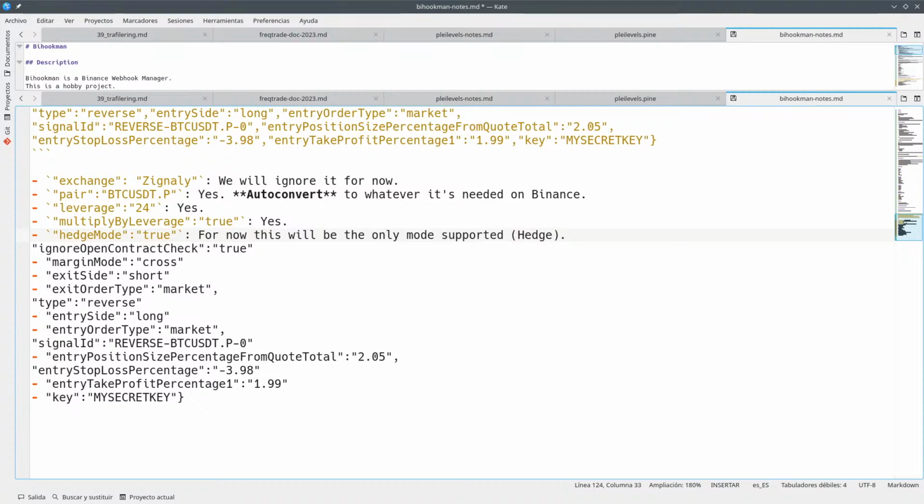For now, Edge mode will be the only mode supported. So this is very important because I don't know, I don't want to work. So ignore, yes, we want, yes, because we want